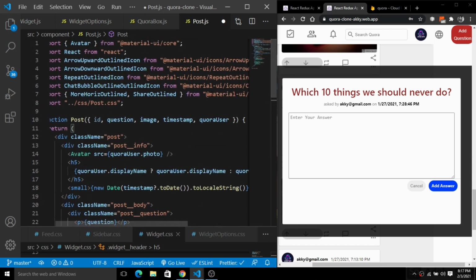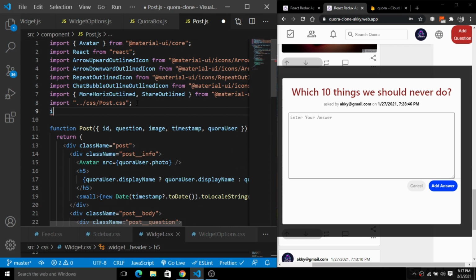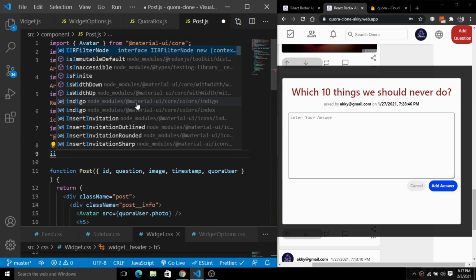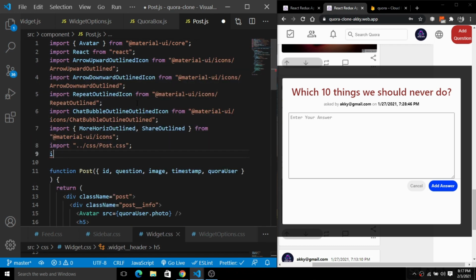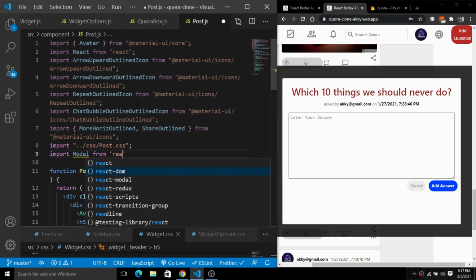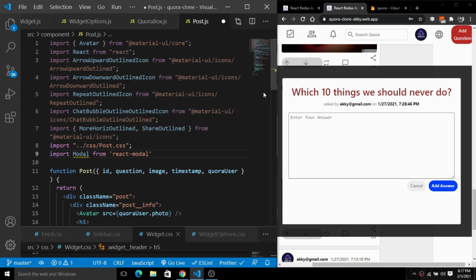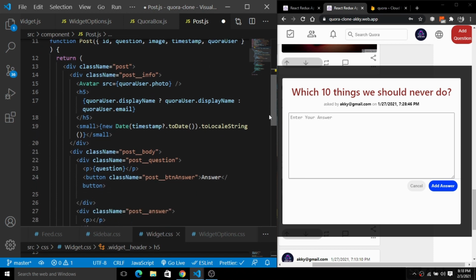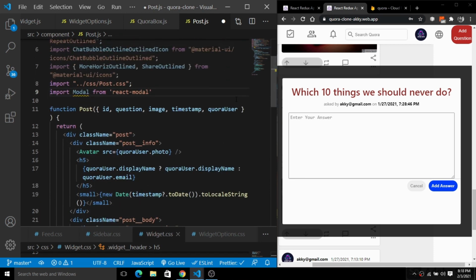First of all, you guys have to simply import the modal from React Modal. This is the same thing, and you guys can see we have this modal here, and you have to simply create the state.